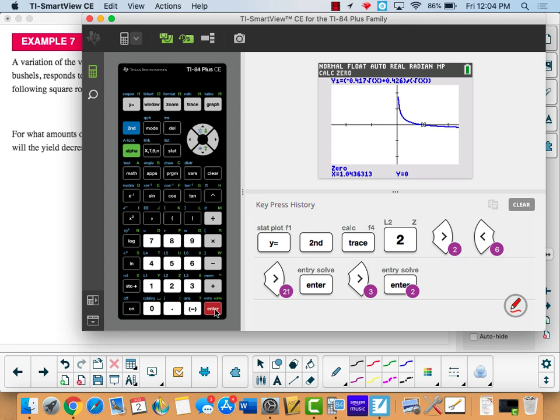So that is where the function is increasing. And the function is decreasing between that 1.044 and